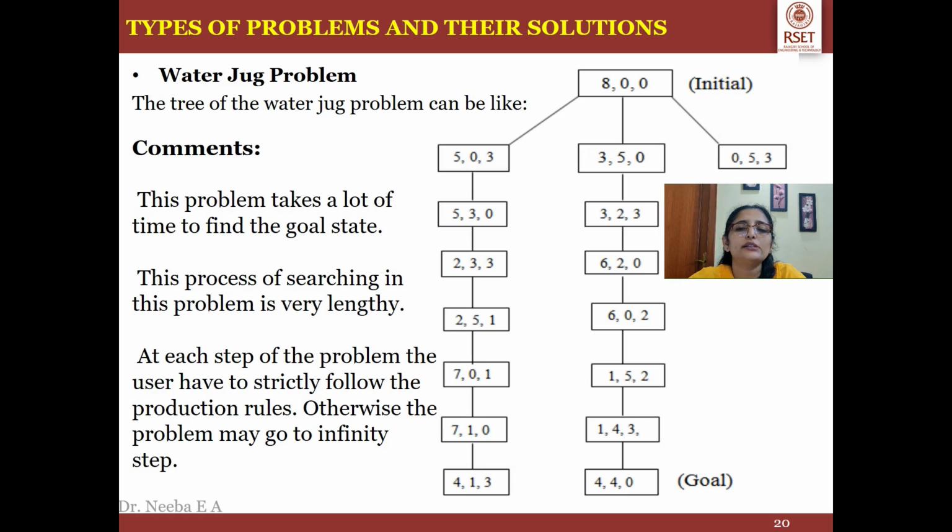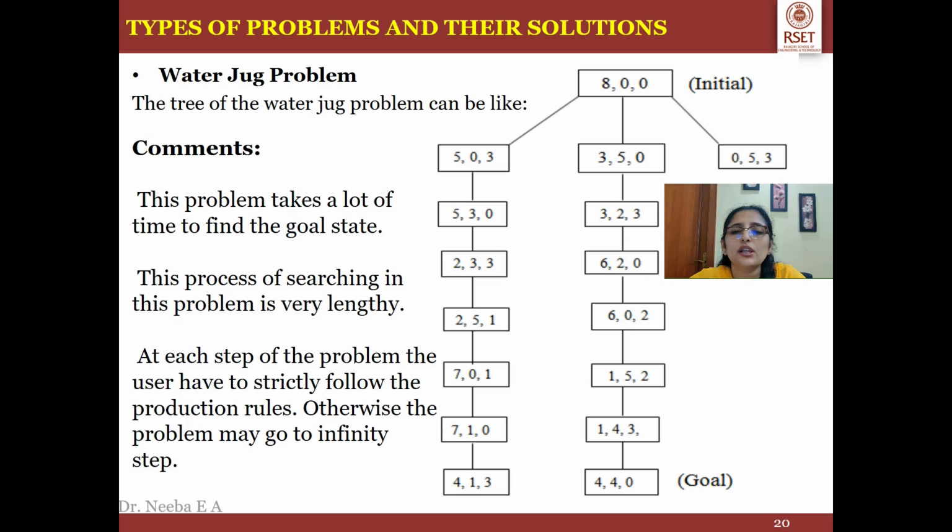Here, in the final stage, you have all your states written, and we can draw it like a tree, which is shown in the diagram here. We started with the initial state as 800, that is jug A is having 8 and the other 2 are having 0. It has 3 states, and if we take the 053 state, we know that once you pour from this state, everything is similar to the other states, so this state is ignored. Now we are trying to expand the other 2.